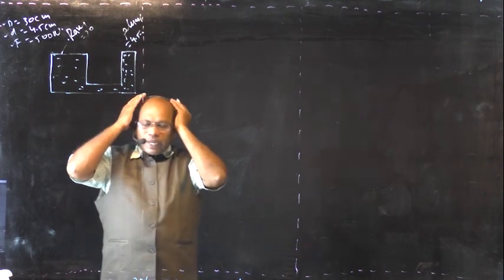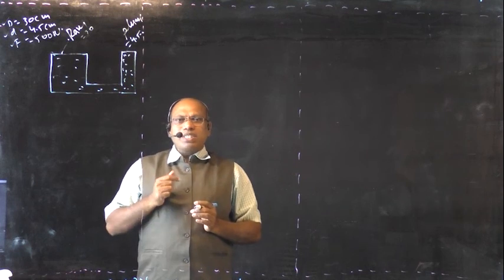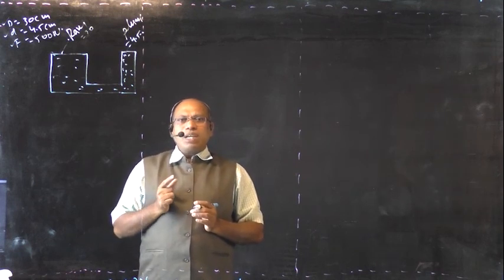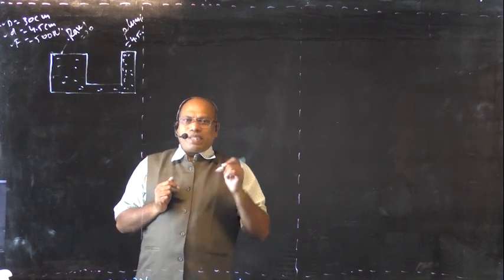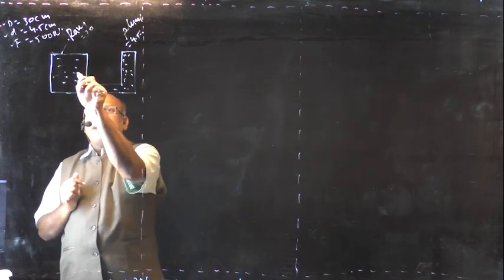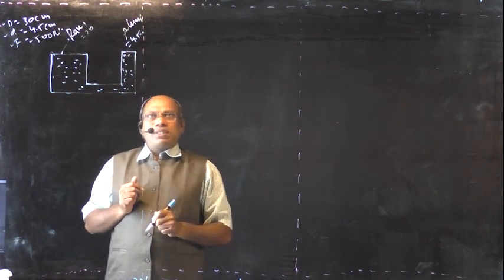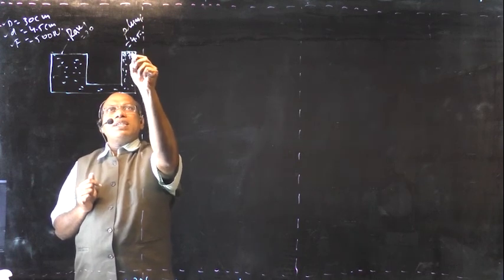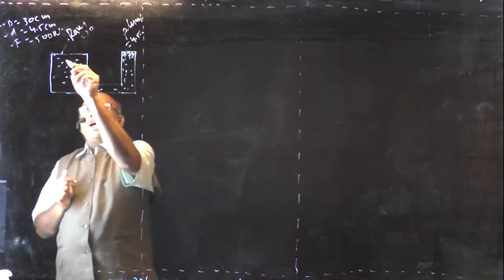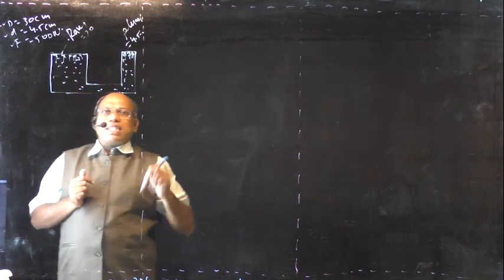Now here we apply Pascal's law. Pascal's law states that the intensity of pressure at a point is equal in all directions if the fluid is at static condition. That means the pressure at the plunger must be equal to the pressure over the ram. This is Pascal's law.